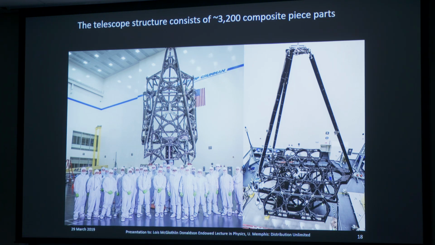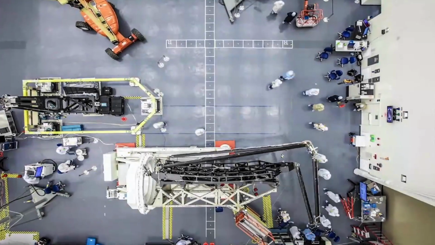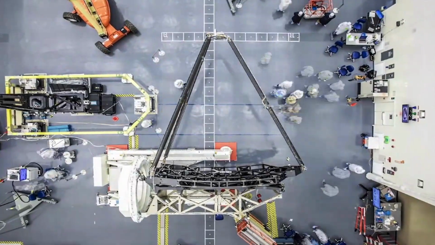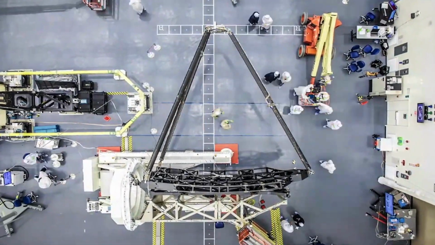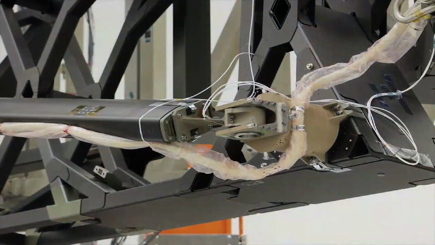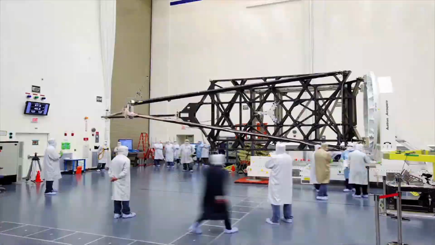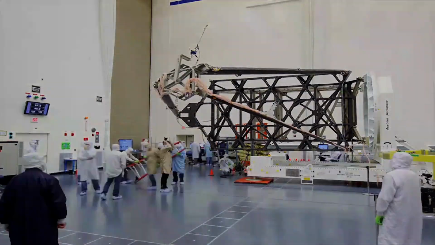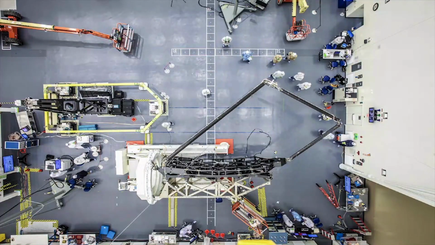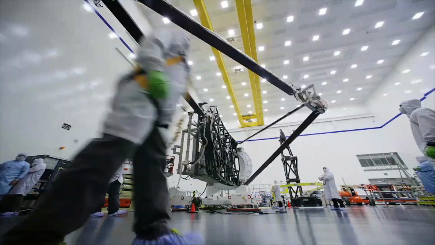It's quite a difficult thing to build. It involves more than 3,000 parts that have to be, in effect, glued together in a very, very precise way that can withstand the rigors of launch. And all that work is behind us now. This is an example. This is a clean room video. This is a walkout deployment test of that secondary mirror deployment design. And it's just an example of some of the testing that we do to make sure that we really understand what we're building.